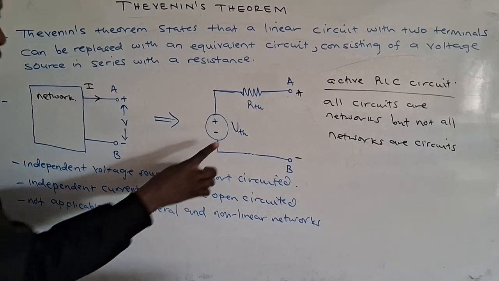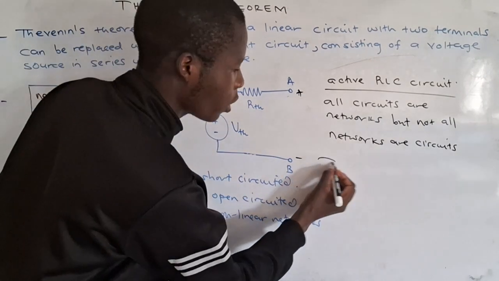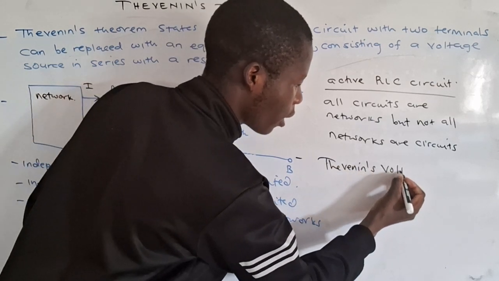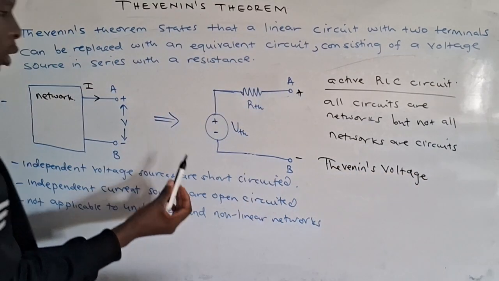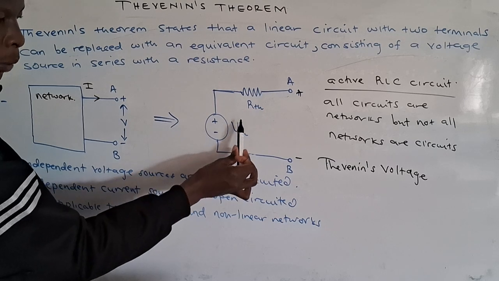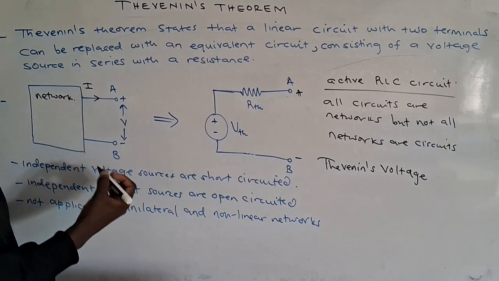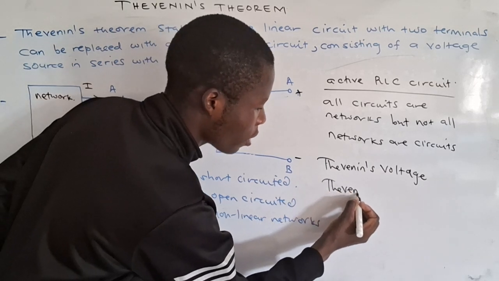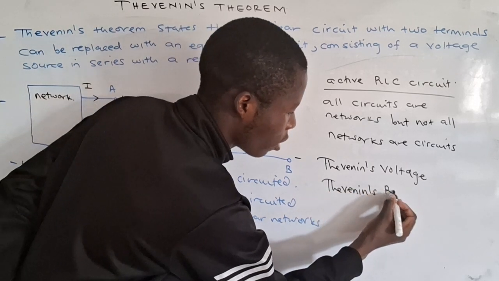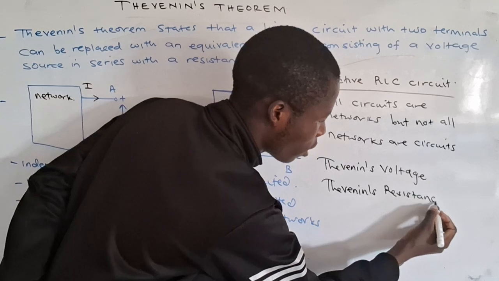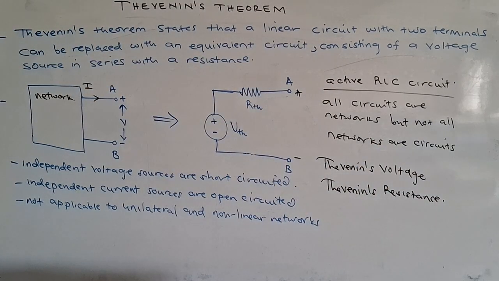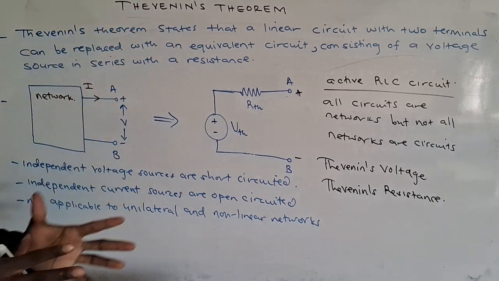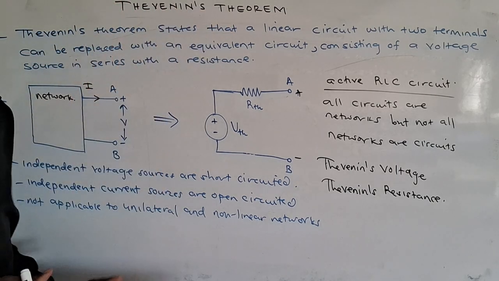This voltage source is called the Thevenin's voltage. We are going to represent it with capital letter V subscript TH. And this R TH is called Thevenin's resistance. So when you are solving a circuit using Thevenin's theorem,